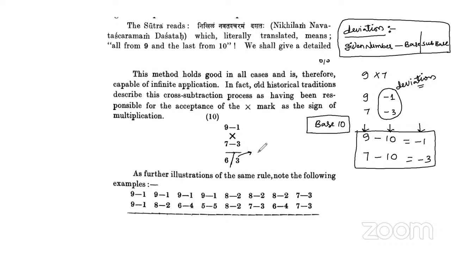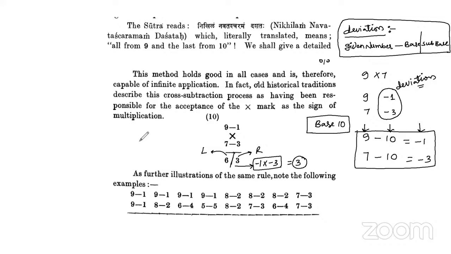One will be right part, another will be left part. In the right part, we are writing a product of the deviation, that is -1 into -3. So that gives us 3 only. And in the left part, we are taking the cross